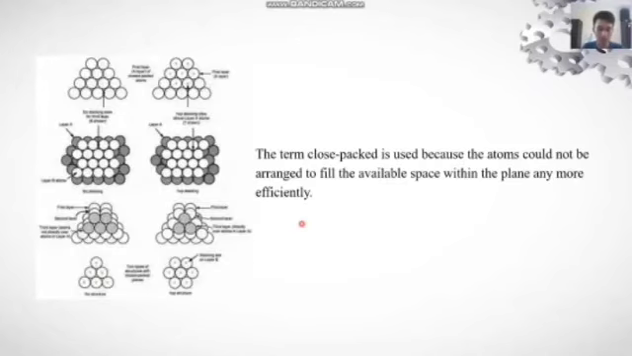The term close-packed is used because the atoms could not be arranged to fill the available space within the plane any more efficiently. At the point where three of the atoms in this plane touch, the three spheres produce a small dip or seat, which is an ideal location for an atom to sit. If another plane of atoms is stacked on top of the first plane,